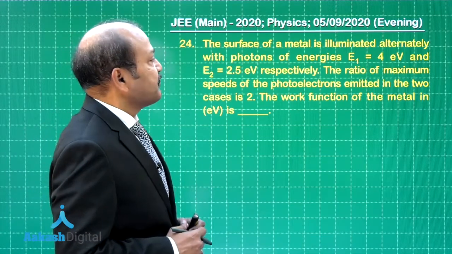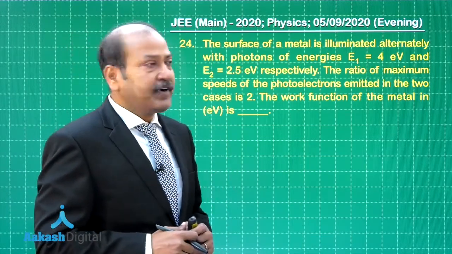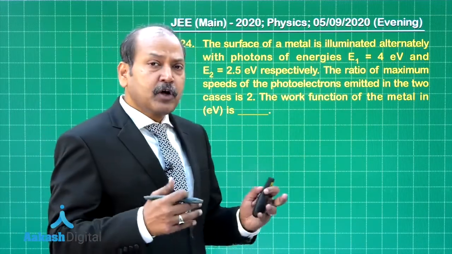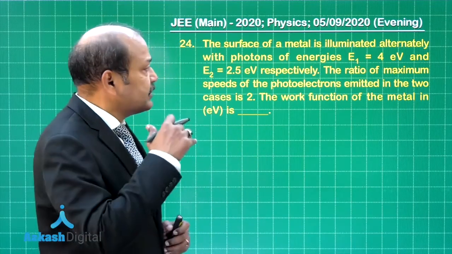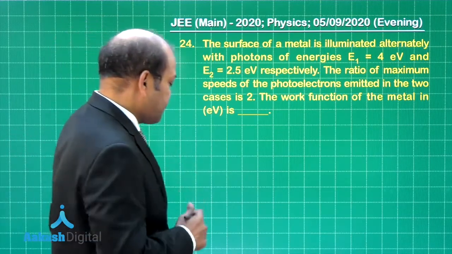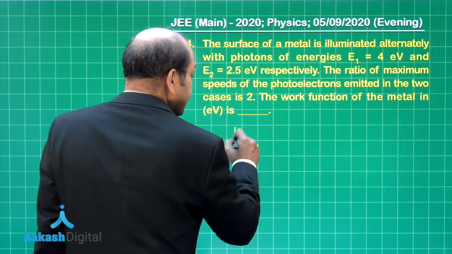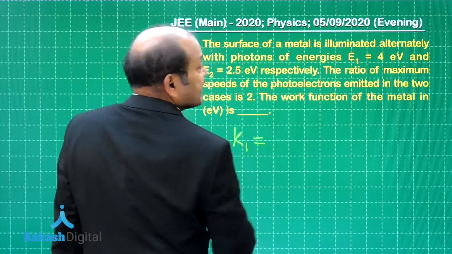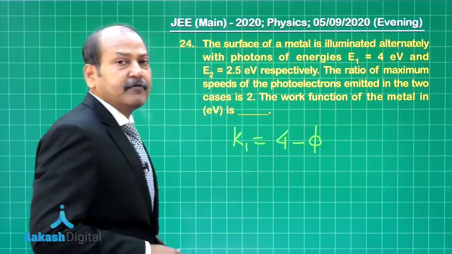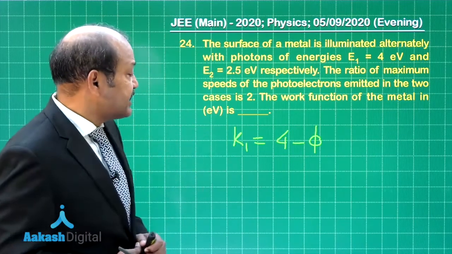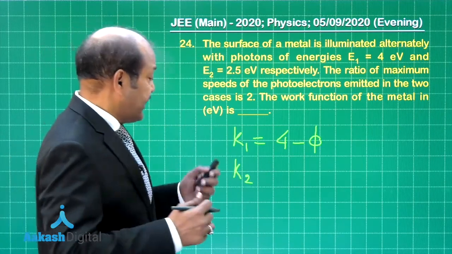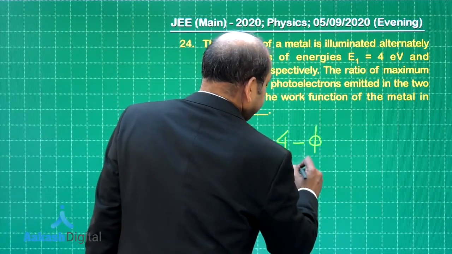Let us assume that the metal has work function phi, and in the first case, when photons of energy 4 electron volt are incident, the maximum kinetic energy in that case, let us assume, is K1. So, the expression for K1 is K1 equal to 4 electron volt minus the work function of the metal. And in the second case, the maximum kinetic energy K2 is given as 2.5 minus